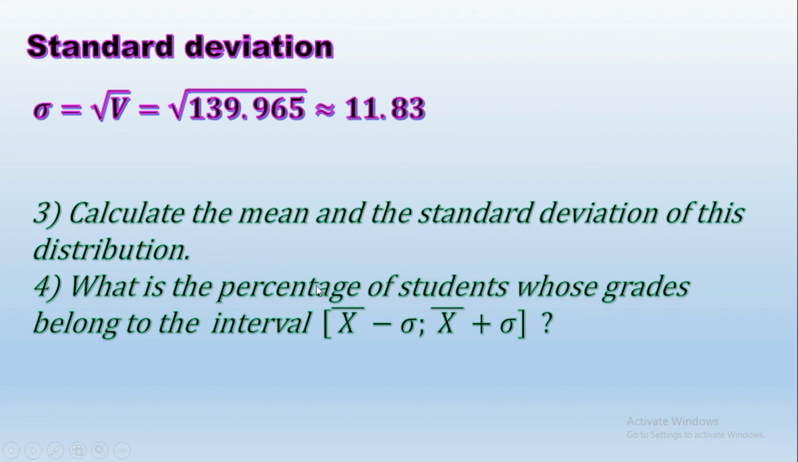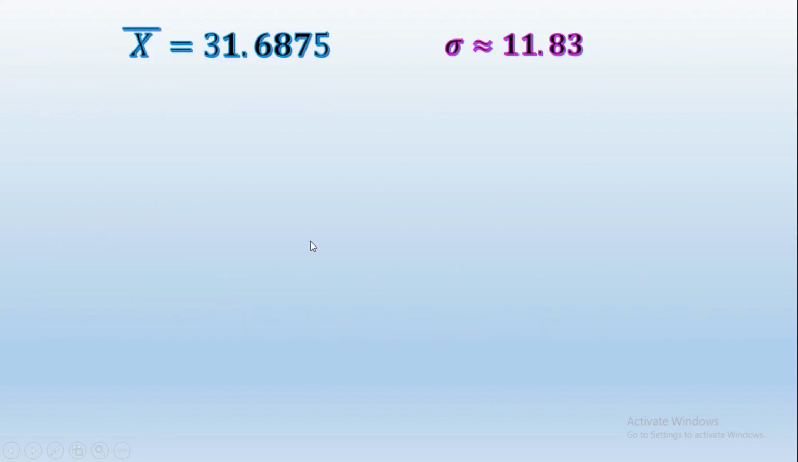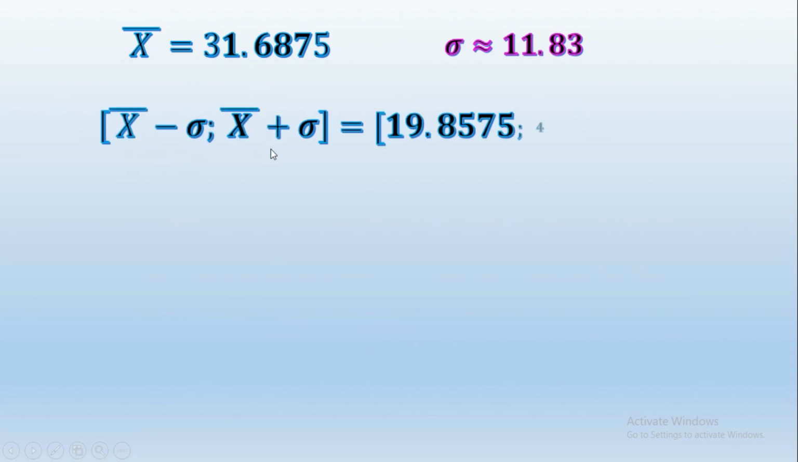Now let's start with the last one here. What is the percentage of students whose grades belong to the interval [x bar minus sigma, x bar plus sigma]? To know it, first we should know the boundaries of this interval, which are x bar minus sigma and x bar plus sigma. We have just calculated x bar and sigma. Now the interval is 19.8575,